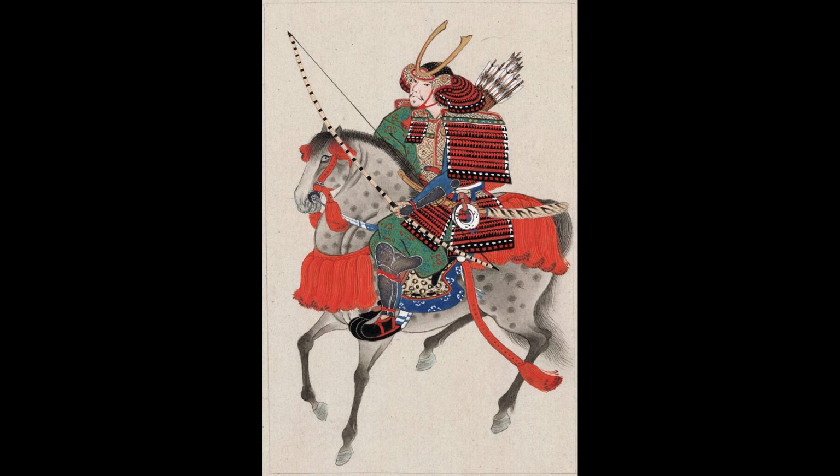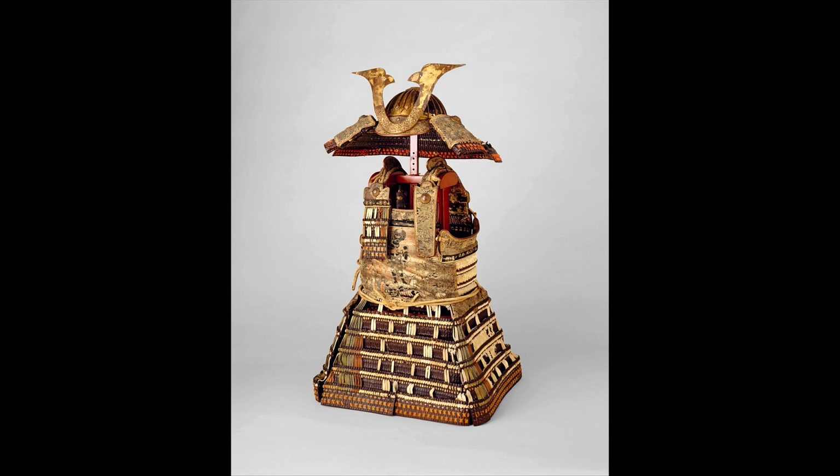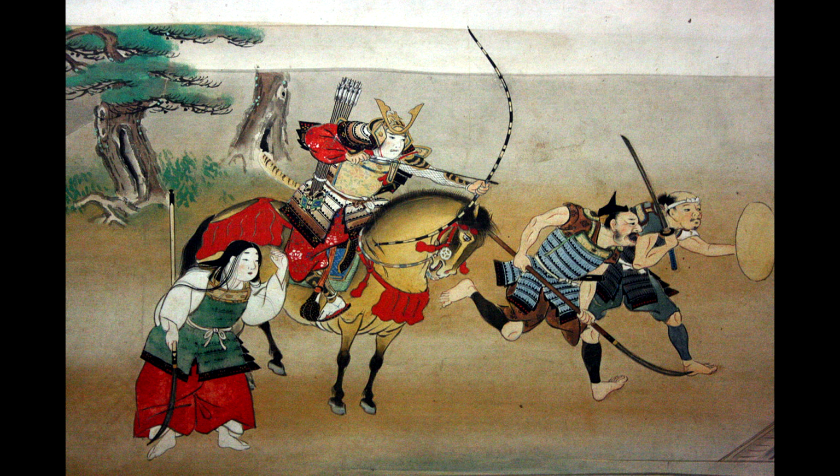The upper section of an oyoroi would have a solid iron breast section called muna ita, which would be connected to the upper row of lamella torso protection. The shoulder straps that kept the armor in place would be made of padded rawhide. The separate right side plate was made of iron and often covered inside and outside with leather. This right section would be put on first, before the rest of the cuirass, which would then embrace the body,